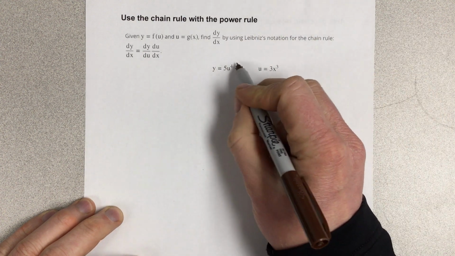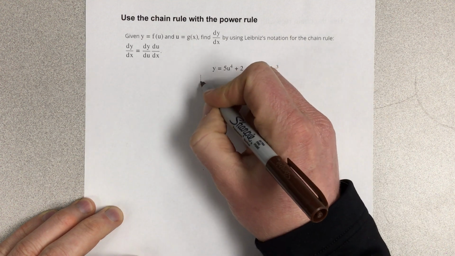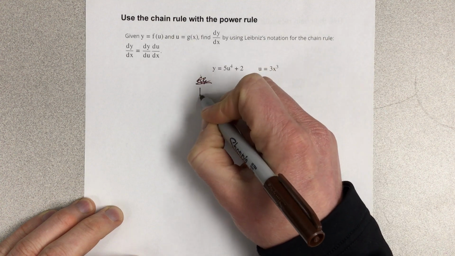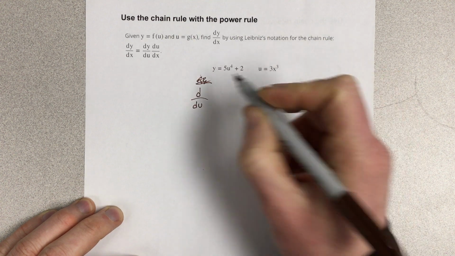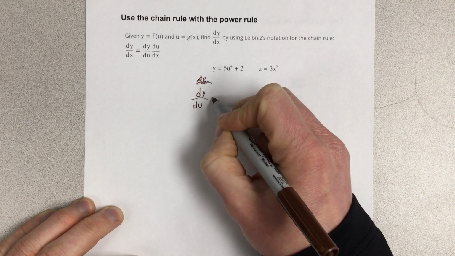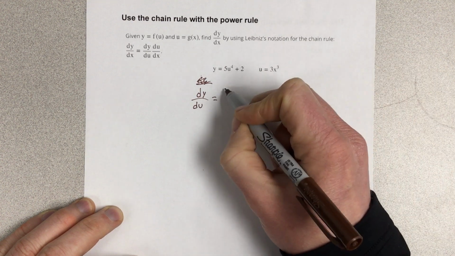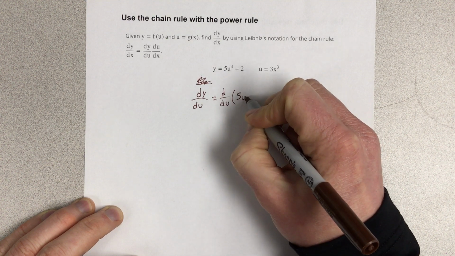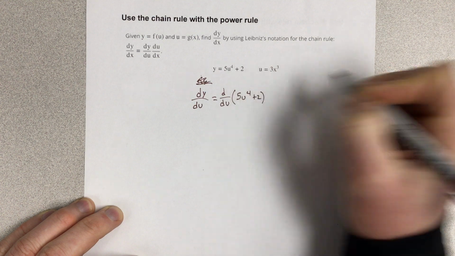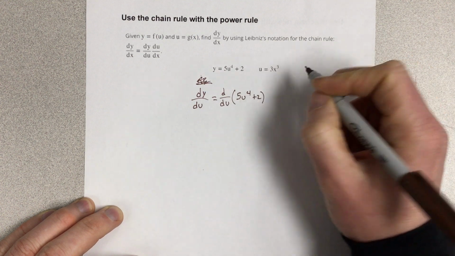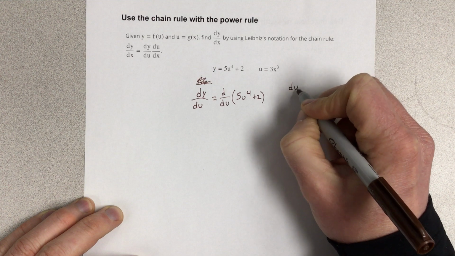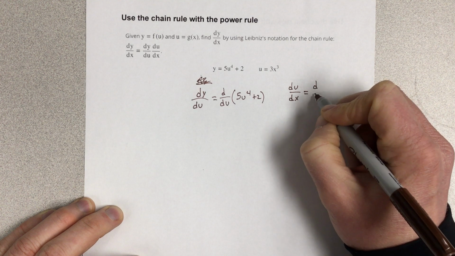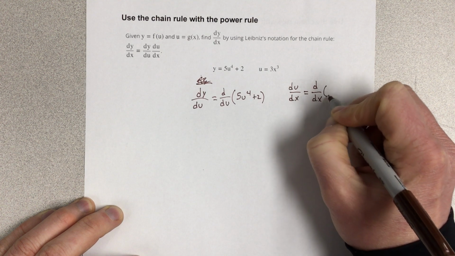So we're going to take the derivative of this with respect to u. So this is really dy du, which is going to equal the derivative of this function with respect to u. And then we're also going to do the same thing here. We're going to say that du over dx is going to equal the derivative with respect to x of 3x